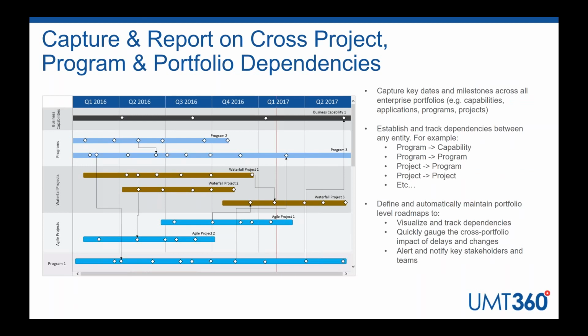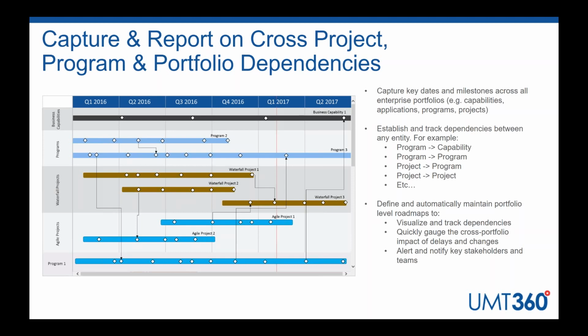So in this example here, we generated an entity-based roadmap which is showing the dependencies between program 1 and the other portfolios under management in the system. And we're using these key milestones to generate these give-get relationships. So we can understand dependencies that exist between Agile and Waterfall projects,